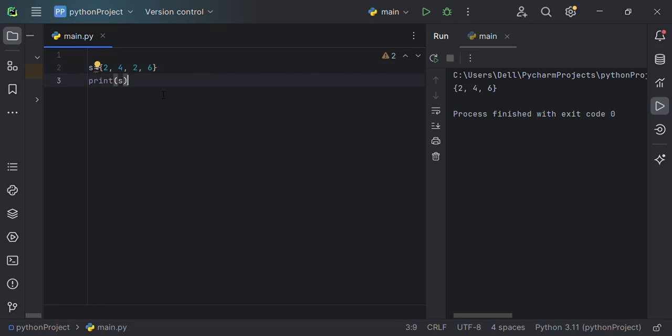This is the physical shape, and the sets are unchangeable. Before going to unchangeable, let me explain for you that sets do not contain duplicate items. For example,